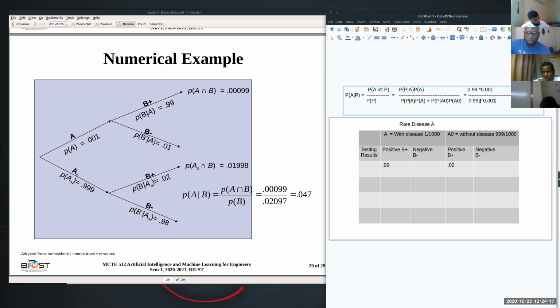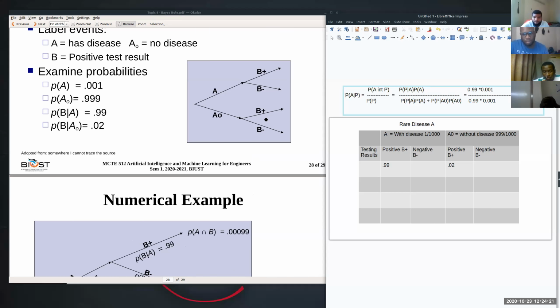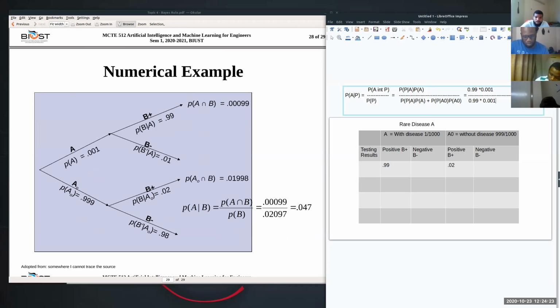Is it 0.001 or one more zero? 0.001, okay, plus the false positive, the probability of the positive 0.0